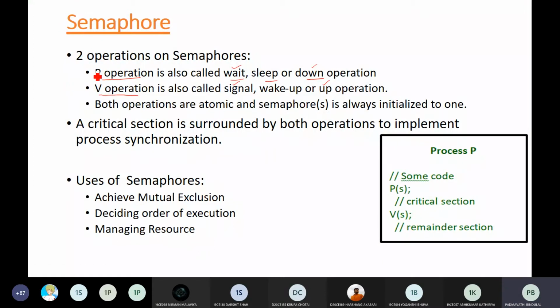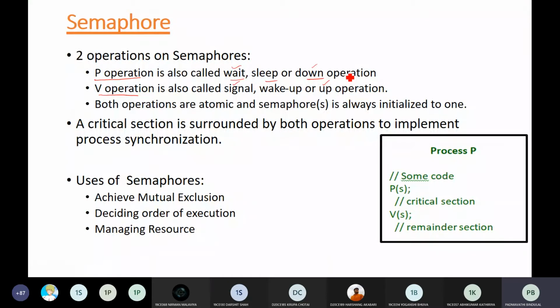Different authors follow different notations for this operation, so don't get confused. You can use any one, but use the similar pair. If you are using wait, then use signal. If you are using down, then use up. If you are using P, then use V. Even in your competitive exams, you will get these combination pairs only.